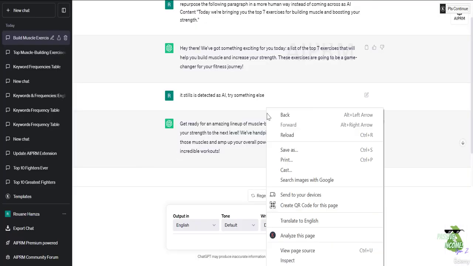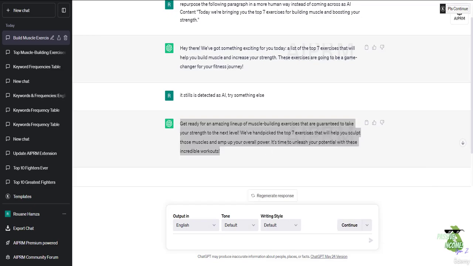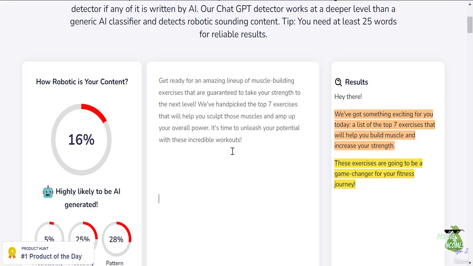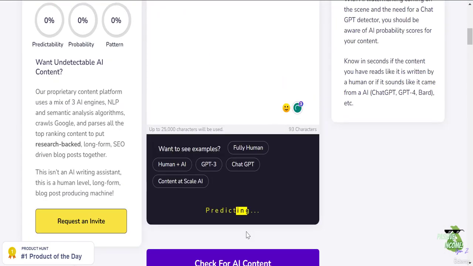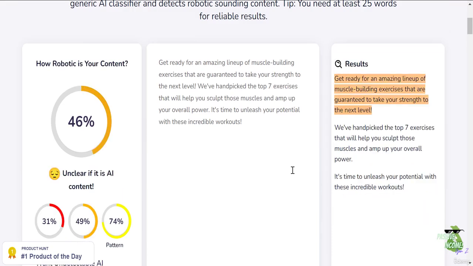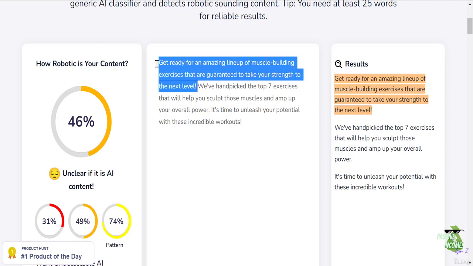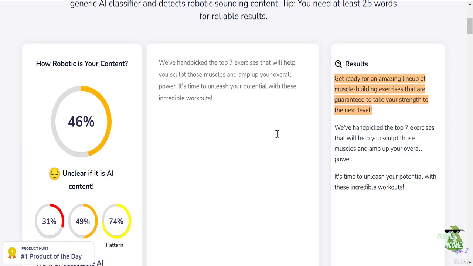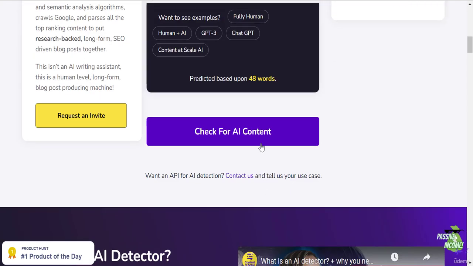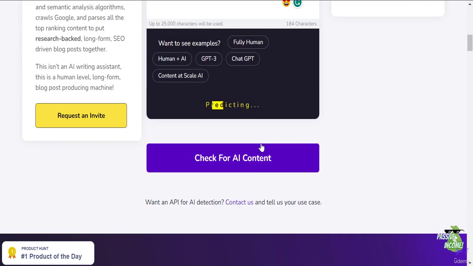Now, normally this works in most cases. In this case, I don't know why it really didn't work. But let's just run the test another time and see. So now it's 46%. You can see that just the first paragraph is caught as AI generated content. So you can basically just remove that first text, right? So instead of keeping it here, you can remove it. I actually removed it, and I can just click check for AI content right now, and let's see